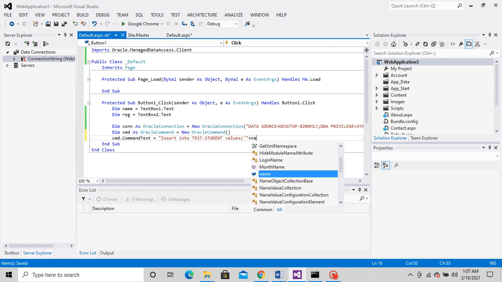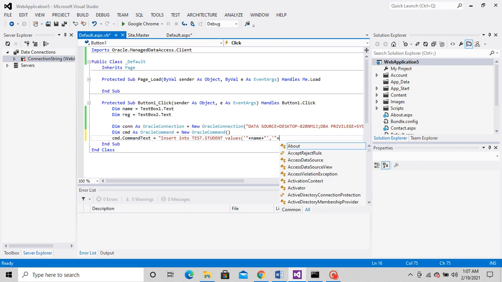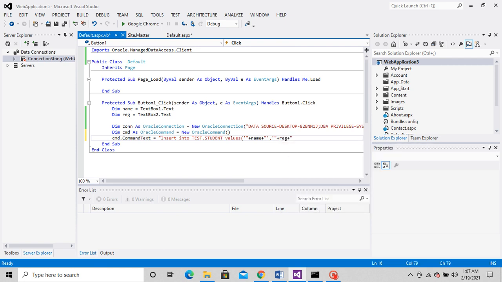In my case, students, both the name and the registration number are varchar2. So both of them are text, and that's why I'm using single quotes here. If in your project you are trying to insert any number, don't use the single quote. Omit the single quote if you are trying to insert any number.